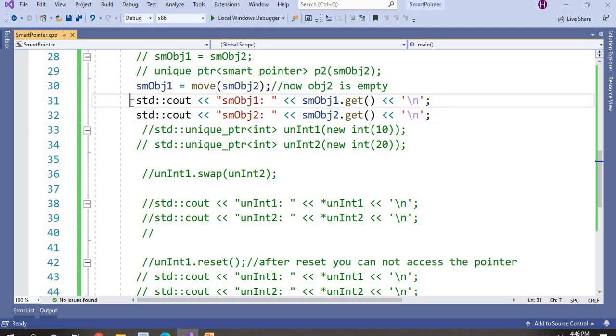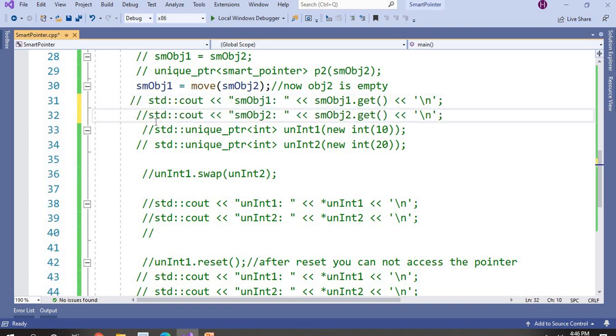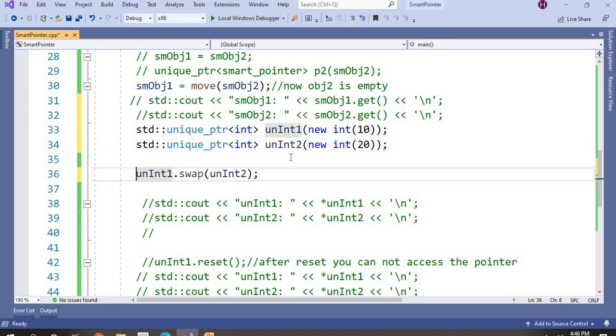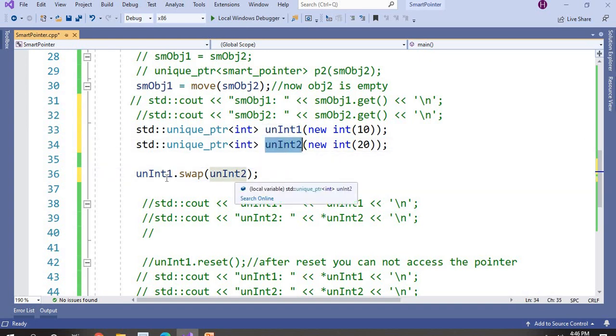There is one more function you can use with a unique pointer, the swap function. What it will do is swap the objects. So here I am swapping int2 with this one.